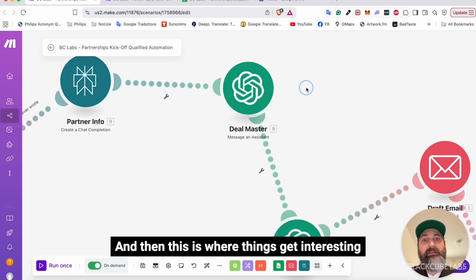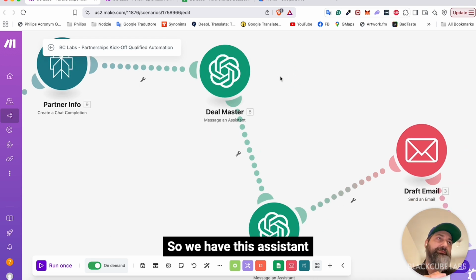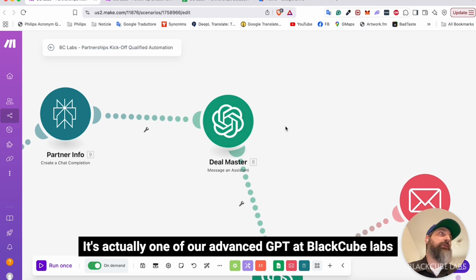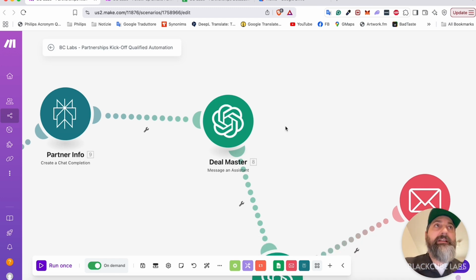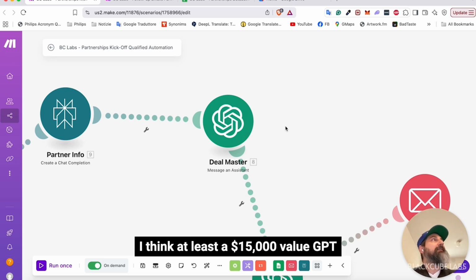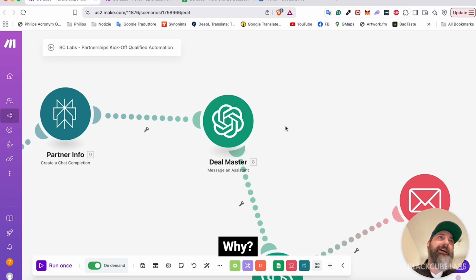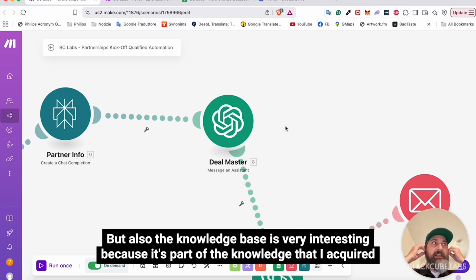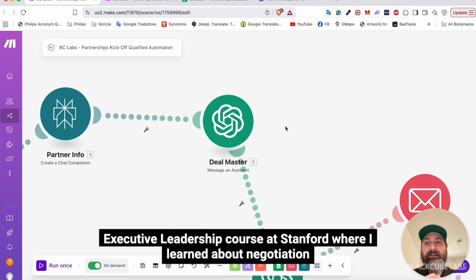And then this is where things get interesting. So we have this assistant. It's called Dealmaster. It's actually one of our advanced GPTs at Black Cube Labs. This is, I think, at least a $15,000 GPT. Why? Well, because this GPT has been constructed with a very detailed and thorough prompt, but also the knowledge base is very interesting because it's a part of the knowledge that I acquired during my executive leadership course at Stanford, where I learned about negotiation,